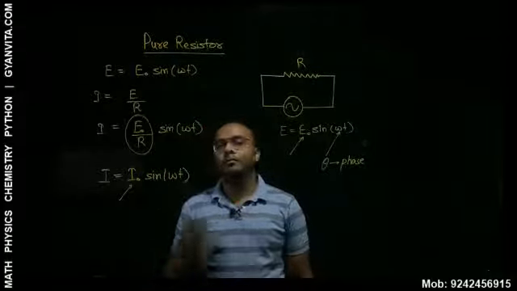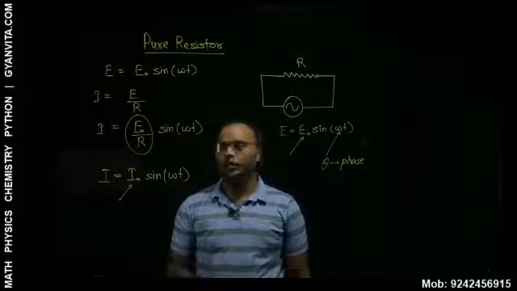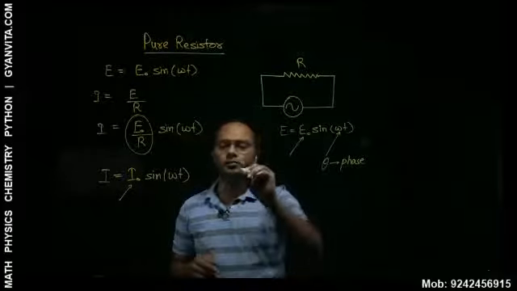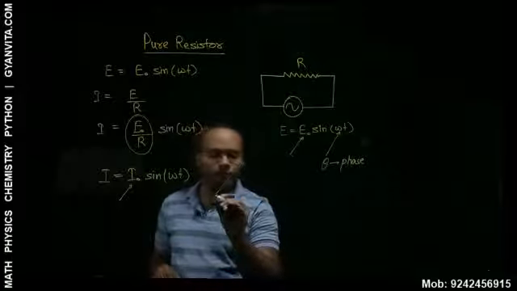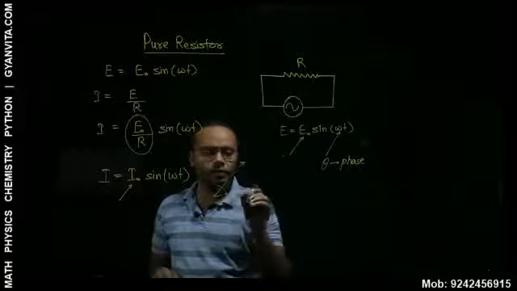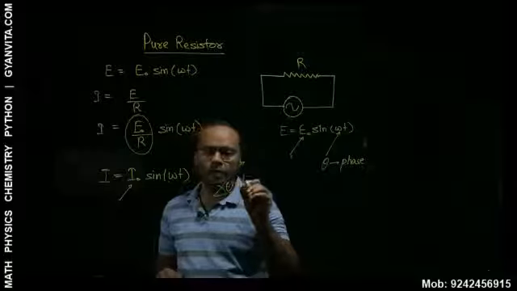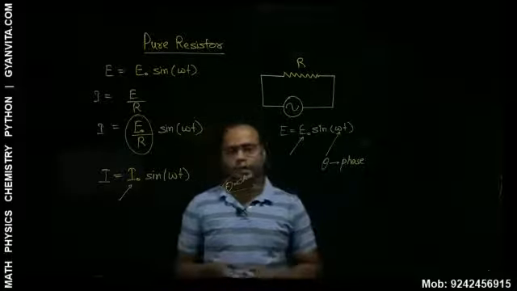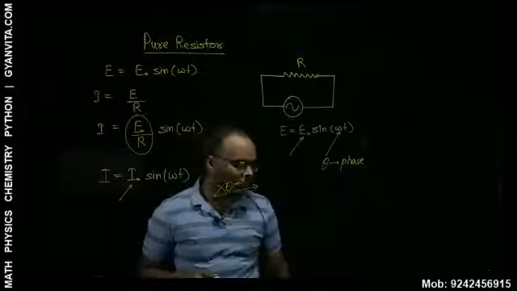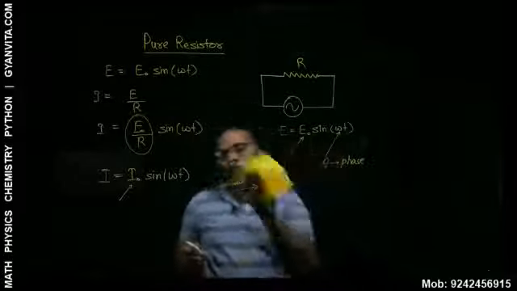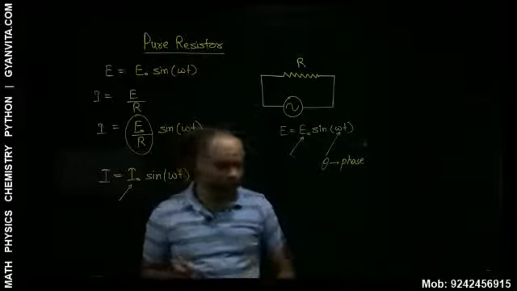We are representing them as vectors, or basically two lines with an arrow, right? And the phase between them will be shown by an angle theta, which will be equal to omega t, or whatever is the angle. In this case, it will be omega t for both of them. So this is what is called a phasor diagram.